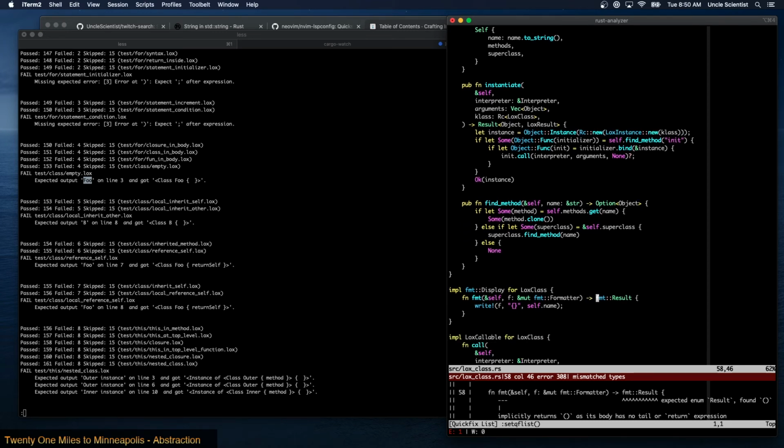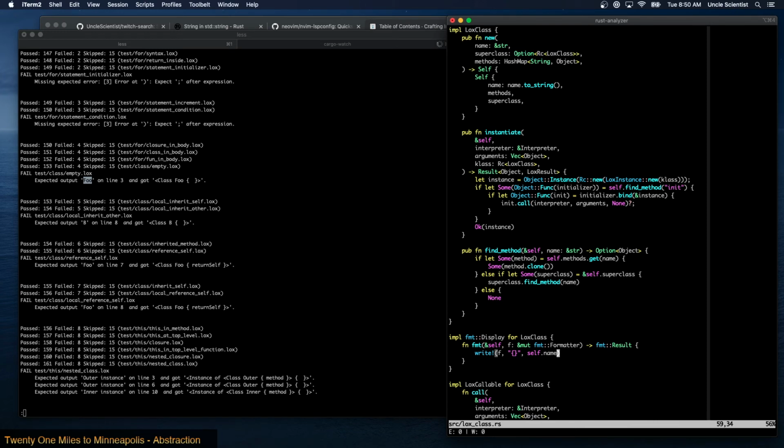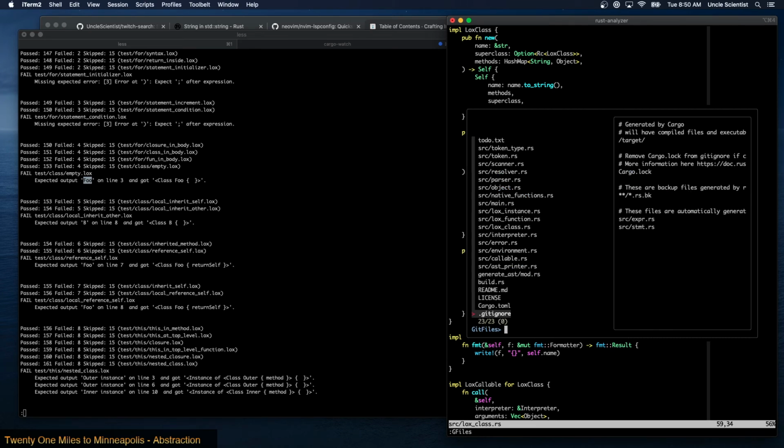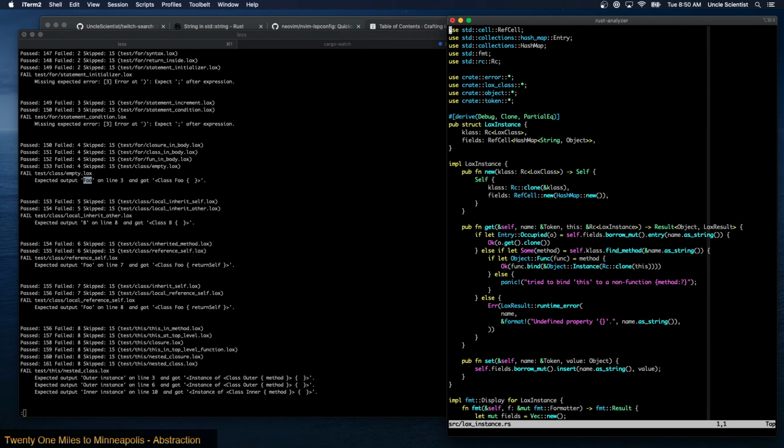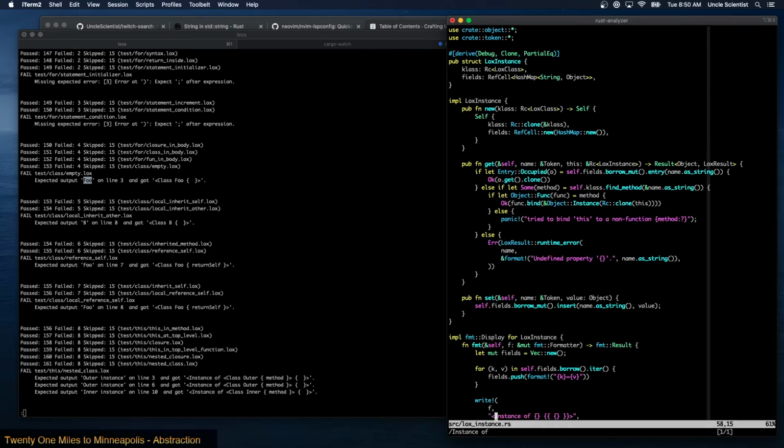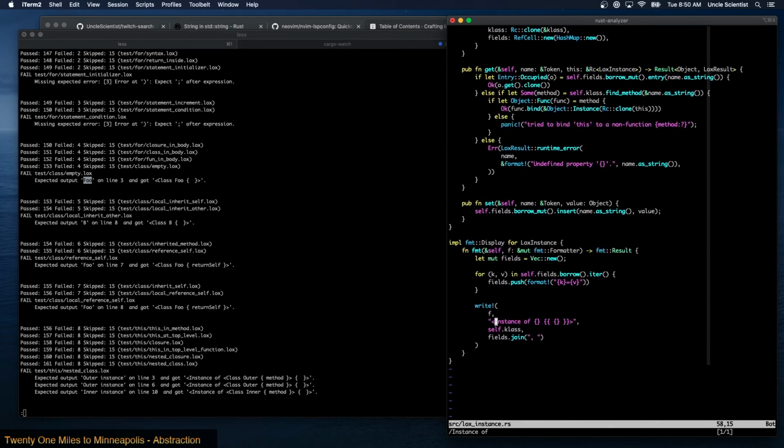Expected enum result. Oh, because I put a fool. Okay. Expected output B, expected output foo. Okay, so these ones will be easy to fix. And then we have outer instance and got instance of class outer. So that's instance, right? Instance of. Yeah, so this should just be,